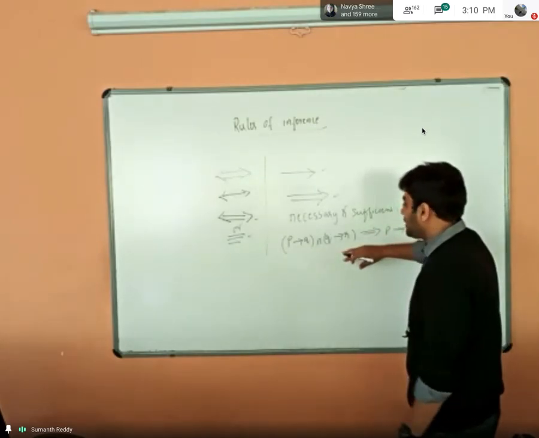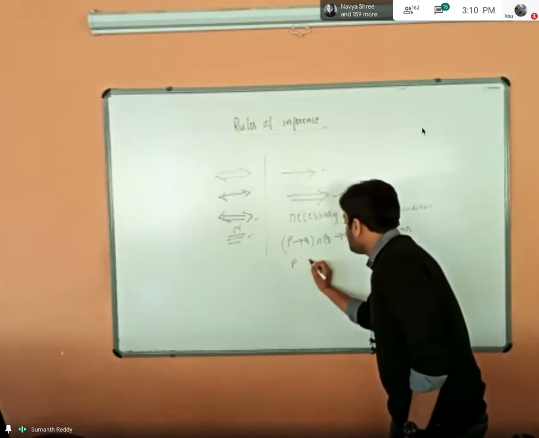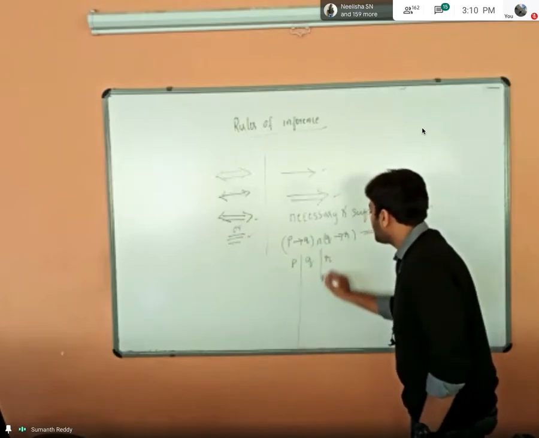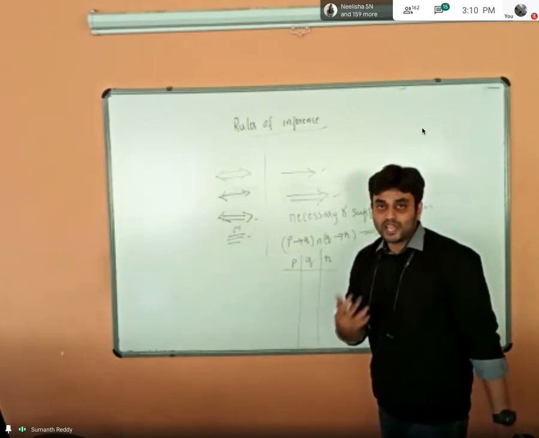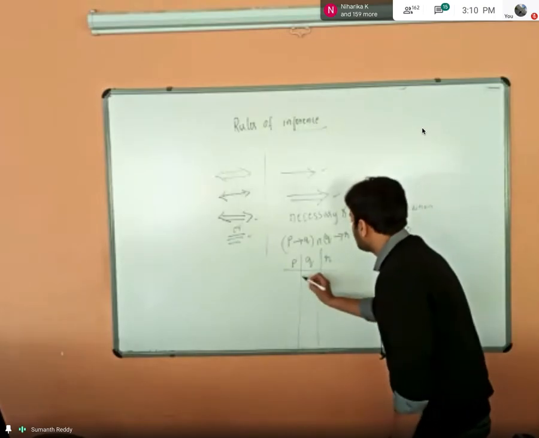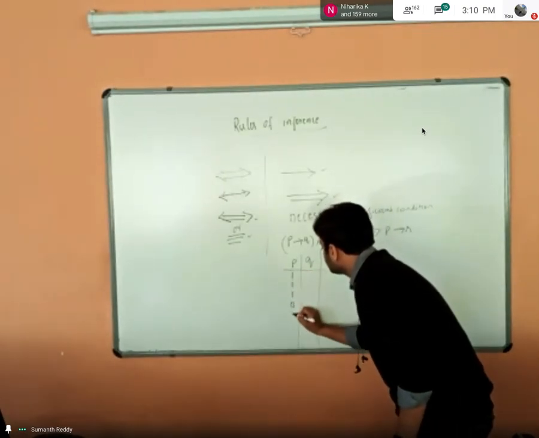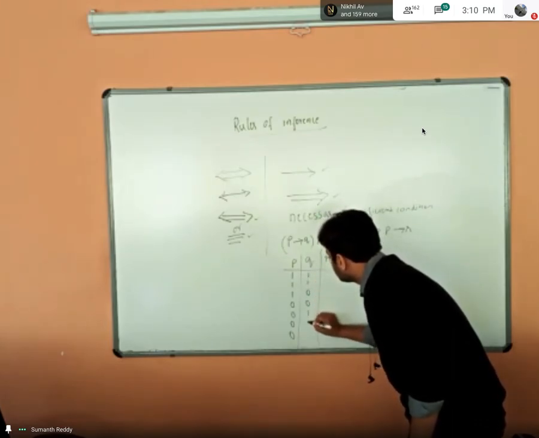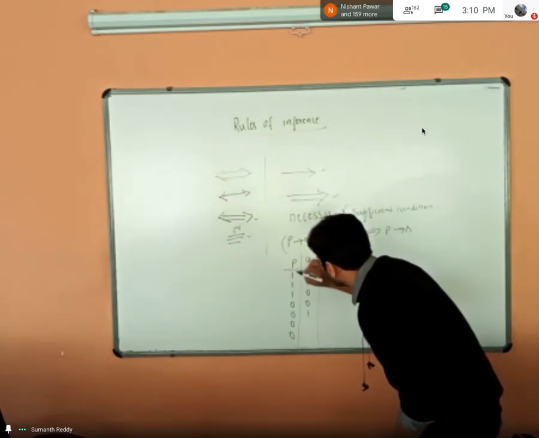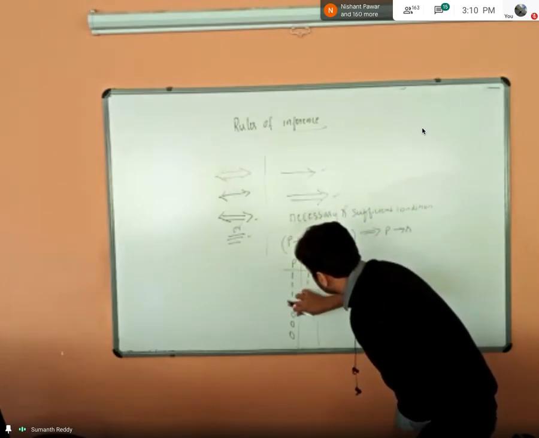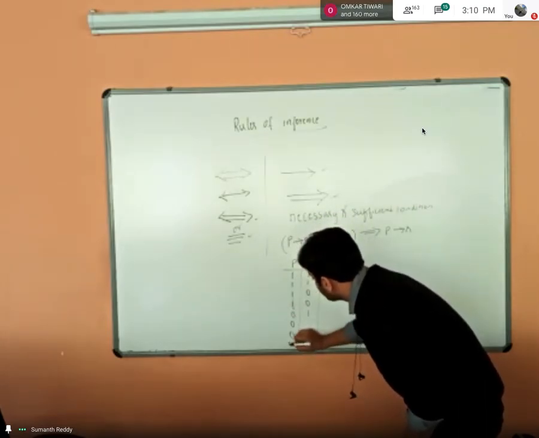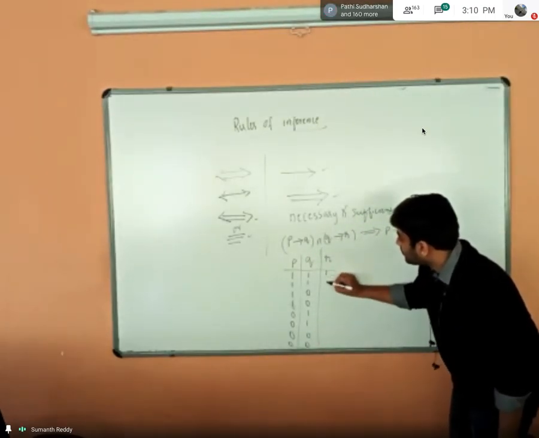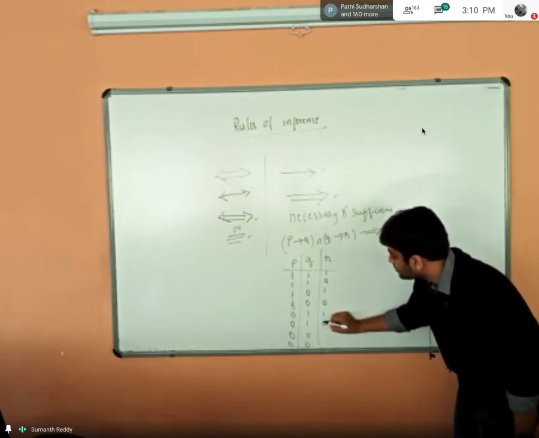Okay, so what is the meaning of that? I will just write the truth table for that immediately. You'll understand. Since you have three propositions here, in order to check all the possible values, you have to take 8 combinations. So quickly I will write that. Okay, 4 ones. I have to write one more. Okay, now. Okay, R: 1, 0, 1, 0, 1, 0, 1, 0.